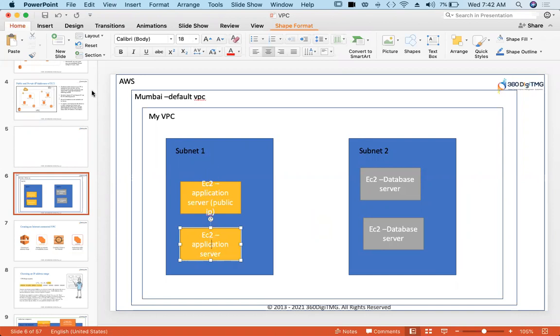But right now my network doesn't have anything, any chance of doing that, because I don't have an internet gateway. As the name itself says, internet gateway. We need this internet gateway. In our home network, your service provider will give you that internet gateway. When he is configuring everything, he will give you a router, and this router will have an internet gateway.